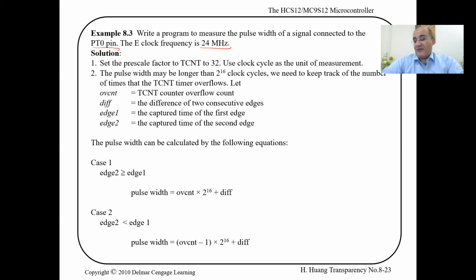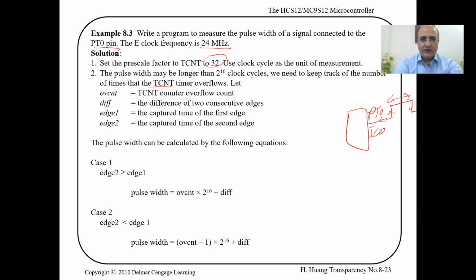count overflows. It may happen because you don't know the pulse width of the incoming signal on the HCS12 port T0, input capture 0, a rising edge and a falling edge. You don't know how long the pulse width is going to be, in microseconds, milliseconds, or seconds. So since the TCNT is the base, you need to keep track of how many times it overflows. Here in this example, the solution suggested is to use a prescaler,